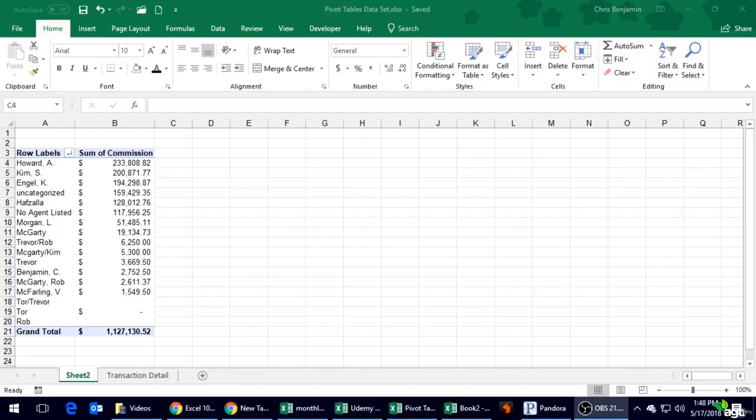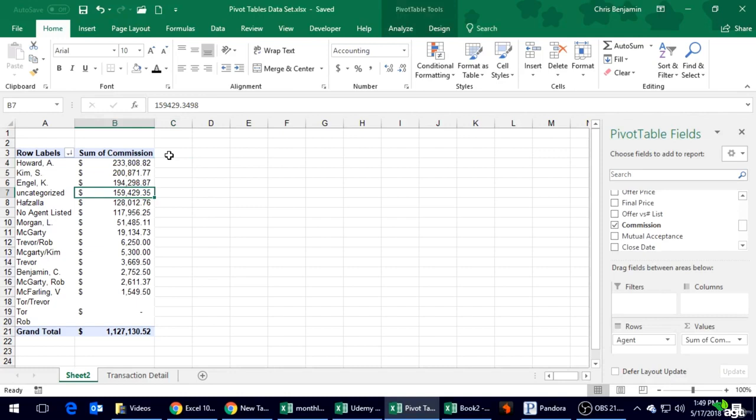All right, guys, so what would also be useful, I'm thinking, if I was looking at this data, I want to see kind of the total contribution. Like I know the 1.1 is the total. Obviously, Howard here, or these are last names, obviously, was 233. That's about 25%. But I really want to see the actual stats. Like how much did each person contribute to the total? And this will be something new. So,